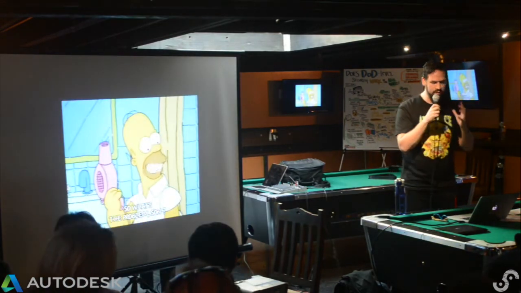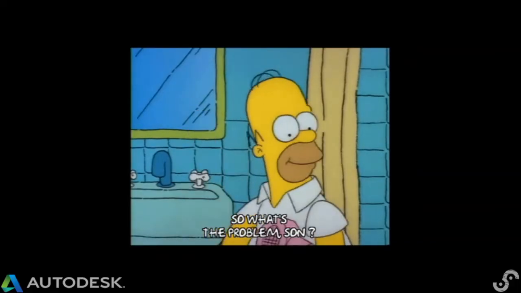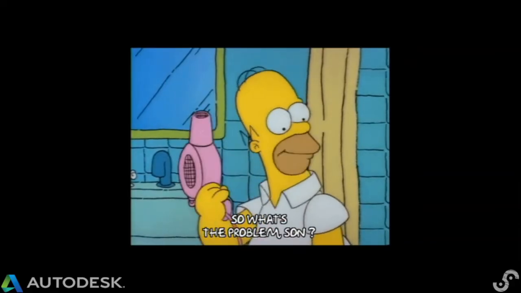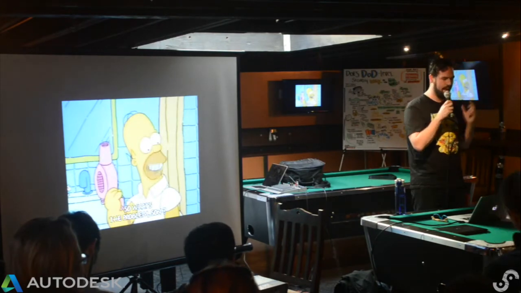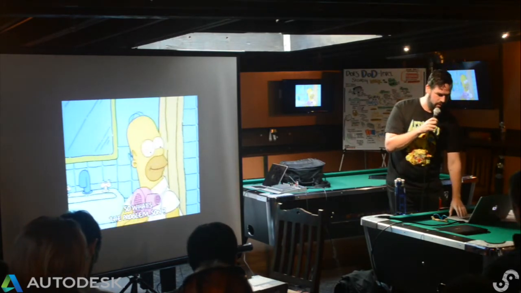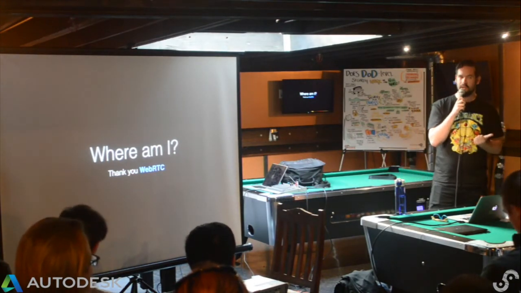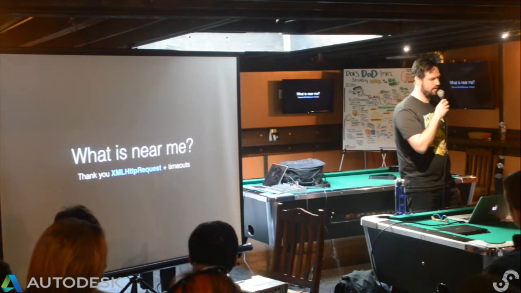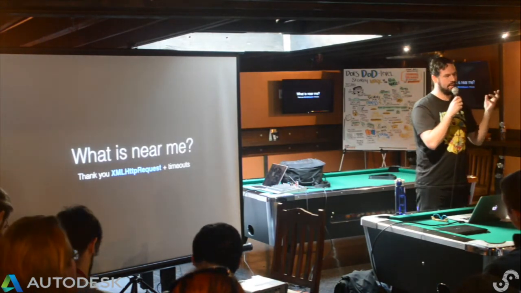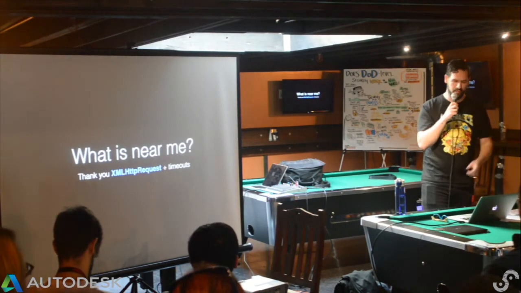Anyway, what the fuck am I talking about? What's the problem? I think we're getting to this point where even with things like the same origin policy, JavaScript running inside of your browser has the ability to reach out, and it may not be able to get data back, but it can determine where I am via things like WebRTC, so it can get an internal LAN IP address and obviously where it is out on the internet, and what is near me, as in send a request and wait for the socket to close within a timeout period to determine if a port is open or not.